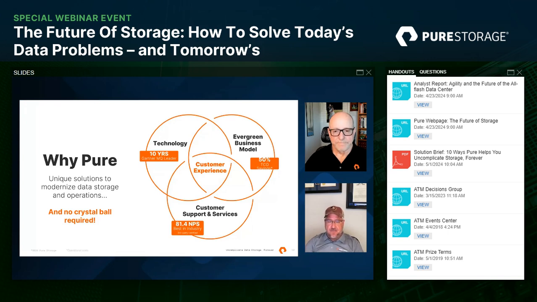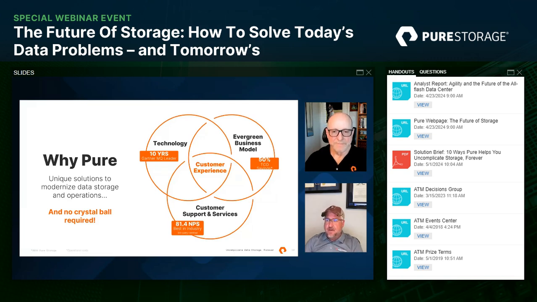Evergreen's another great example. I was talking to somebody last year at Accelerate about archive storage on flash, and some of those arrays that we sell start at 4 petabytes. Their whole angle was, well, I don't have 4 petabytes that I can archive. First off, you can just get more data if you want and throw it on there. Or the other idea was, use something like Evergreen One. Just pay for 500 terabytes. Sure, the array may be sitting there and could take 4 petabytes, but you're only going to pay for 500 terabytes, and then grow into it as you need to. That's the flexibility that comes with Evergreen.